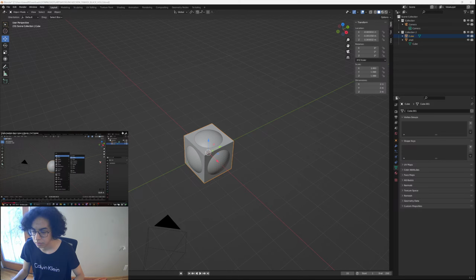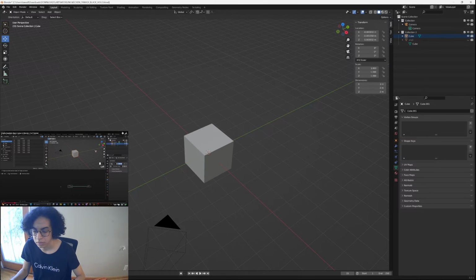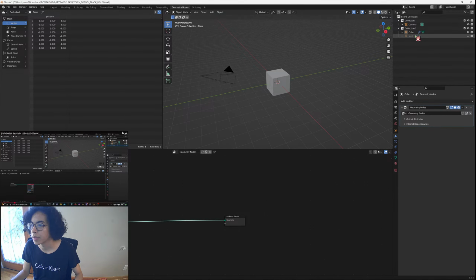Then add in another cube, hide the shell, hop over into geometry nodes, and add a new geometry nodes modifier. Now I'll grab my shell from up here, and a transform geometry